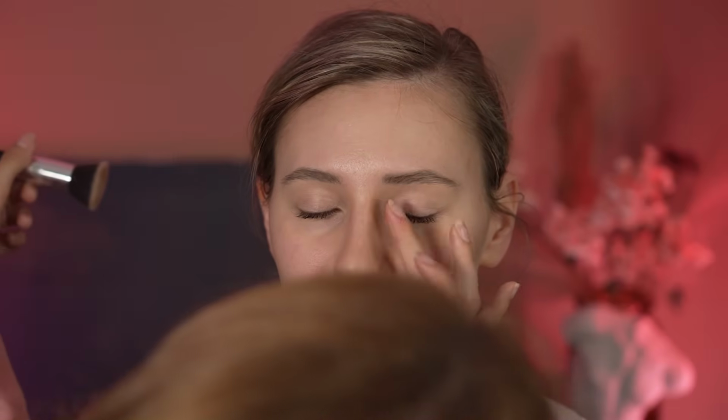Was a little too much product on one of the sides of the brush, and it just released a horrible amount on your nails on one side too. But it looks good. It's alright. A little bit more shadow on the bottom of the nose. And now that my hands are completely dirty, we'll do something else. Okay. Now that we've got that,